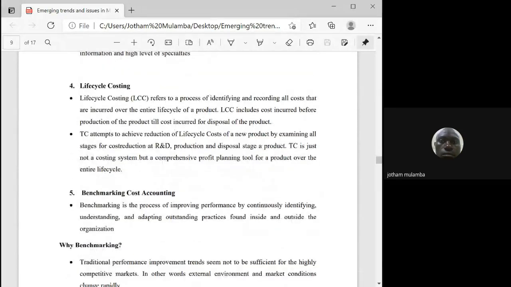The fourth part that management accounting is also concerned with is life cycle costing. And this refers to the process of identifying and recording all costs that are incurred over the entire life cycle of a product. And this includes cost incurred before the production of the product till the cost incurred for the disposal of the product. For example, if today you are to buy a phone,